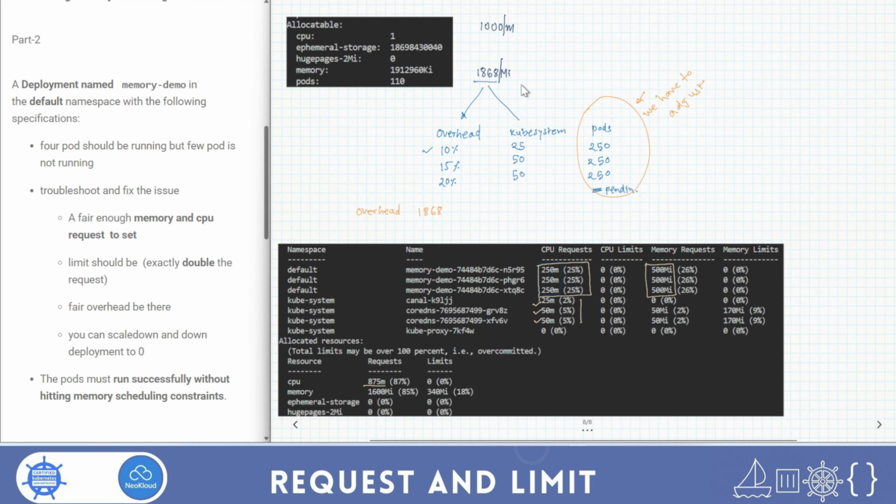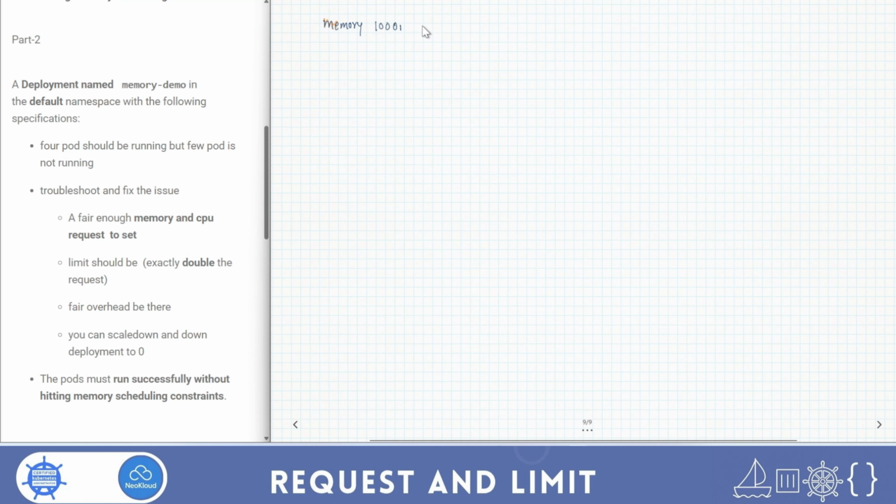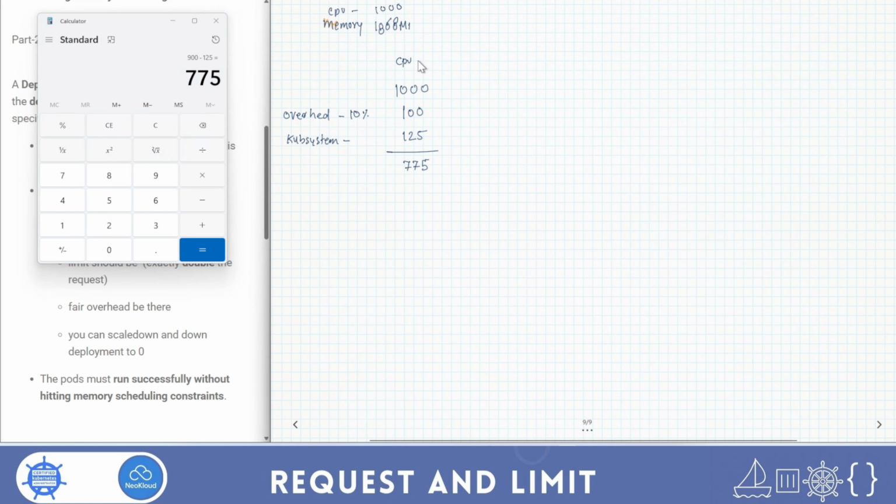So 1868 Mi memory and CPU 1000, overhead 10%. We'll calculate it, it's 100. And then kube-system, it's 125. So it's left with 775. Okay, now CPU and its memory is